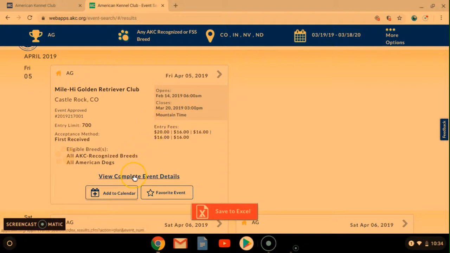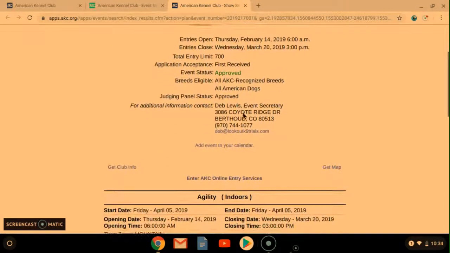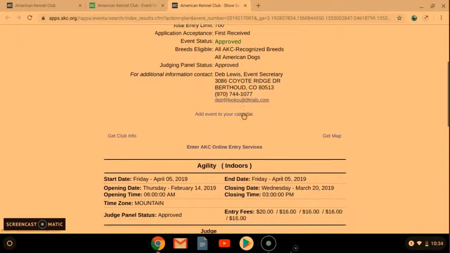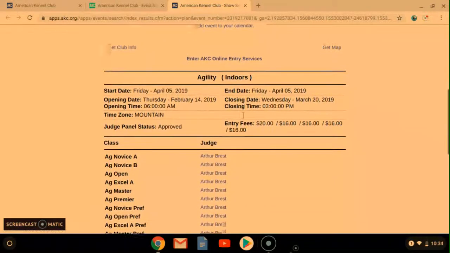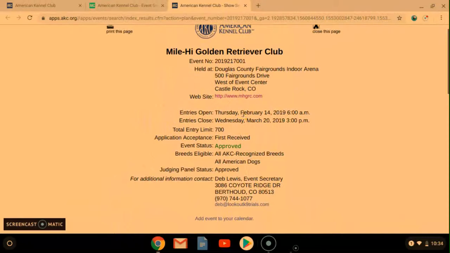So I'm going to click on the event details, and that's going to bring up some more information, where exactly it is, all of this information, who the trial secretary is, information about the judge and the classes. But the first thing I'm going to do to find that premium is go to the club's website. So AKC, for whatever reason, does not put the premiums on their website. I'm sure there's some logistical reason for this, but to find the actual entry form, we have to go elsewhere,